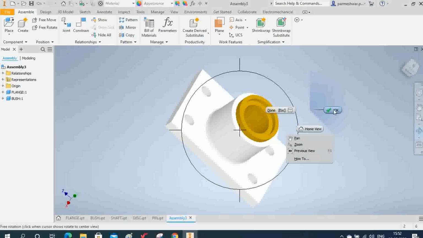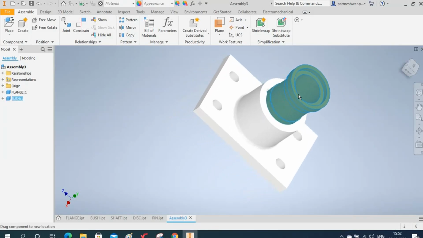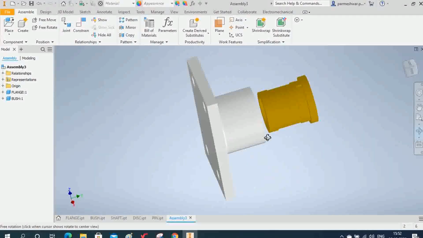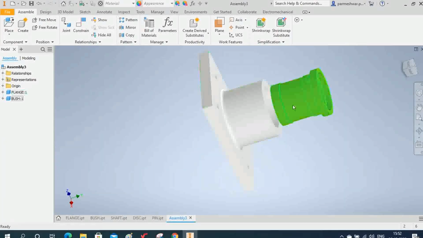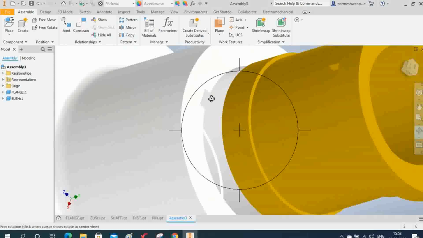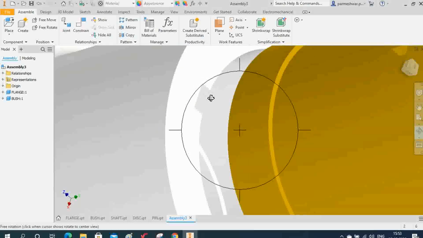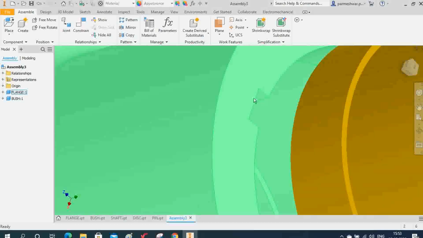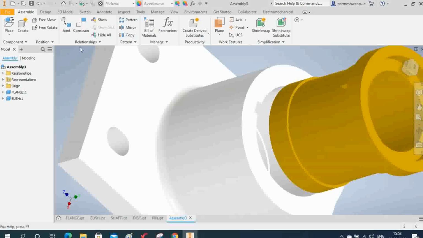Now I can move this flange or bush like this. So I can take this bush out from this flange, but what I have to do is keep that bush inside this flange. Also here there is a sunk on the bush part, and on the flange there is a sunk recess. You can check here like this. I want to insert the sunk which is on the bush into the sunk recess which is on the flange. So to do that, click here Constraint.